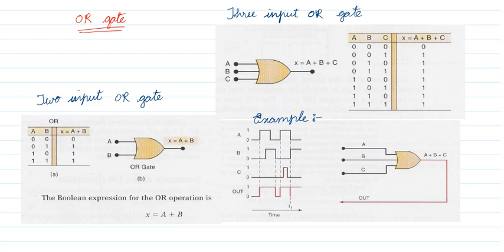Right? If you look at this time interval, here A is 0, B is 0, C is 0, so the output is 0. If you look here, A is 0, B is 1, C is 0. Since B is 1, the output is 1. You can understand by yourself: for a given A, B, C, what is the output? This is based on the waveform. A waveform is nothing but 0 or 1 drawn in the form of square waves. 1 means high level, 0 means low level.